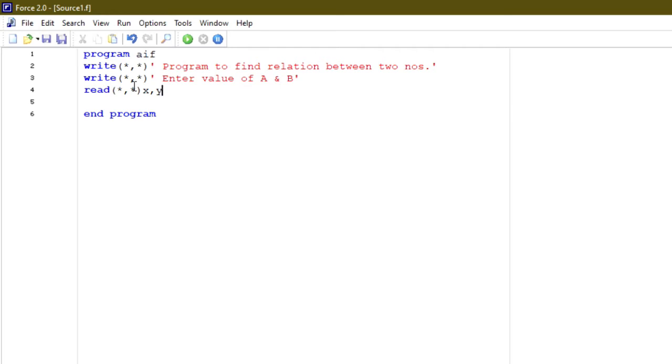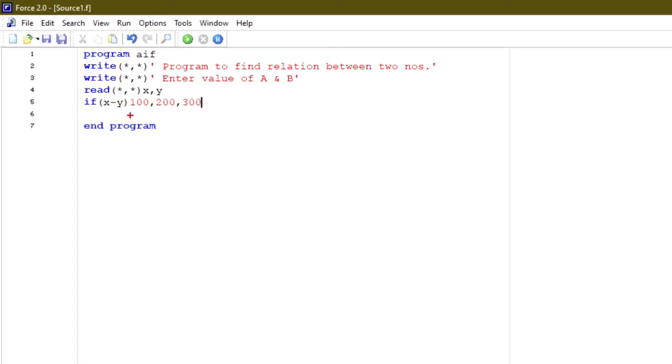Now it will store value x and y. Now let us write down the if statement. So the if arithmetic expression means x minus y, right? The syntax of if is if in parenthesis x minus y, and then statement numbers. So let's just say 100, 200, 300. Now depending upon the result of this arithmetic expression, it will transfer control to 100, 200 or 300, right?